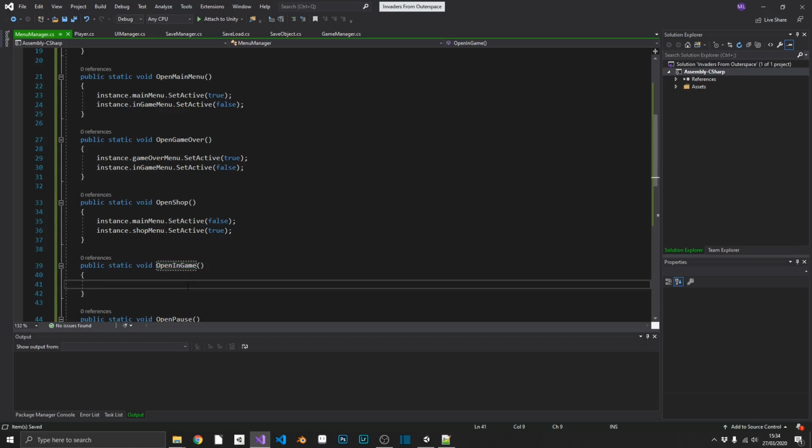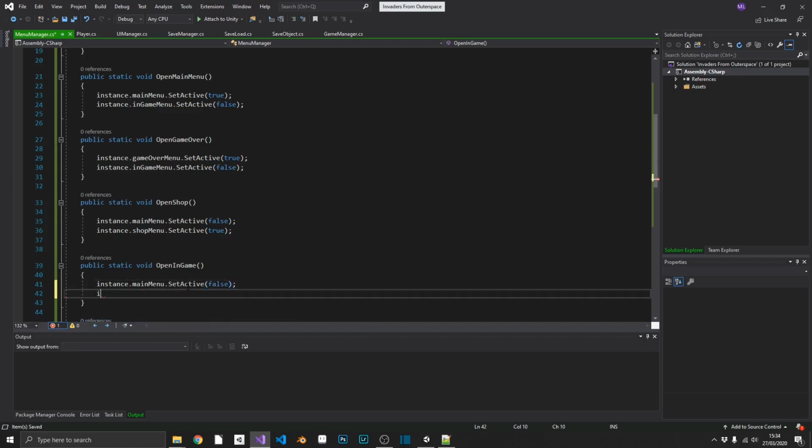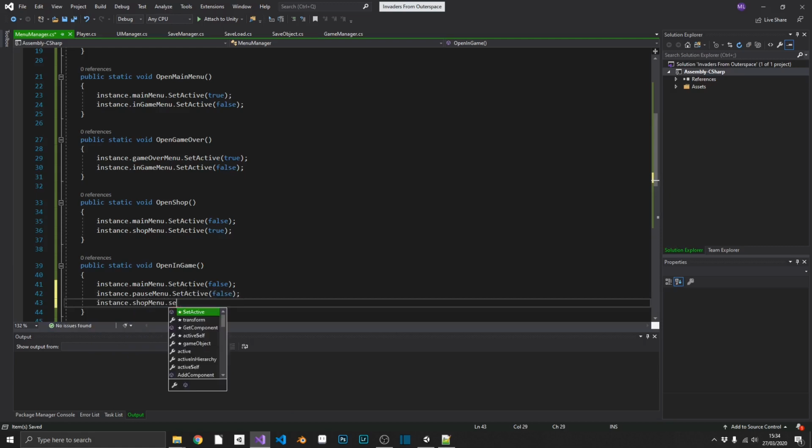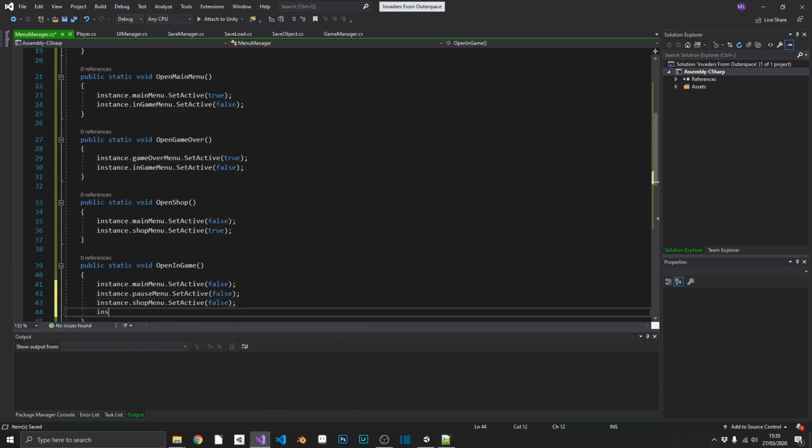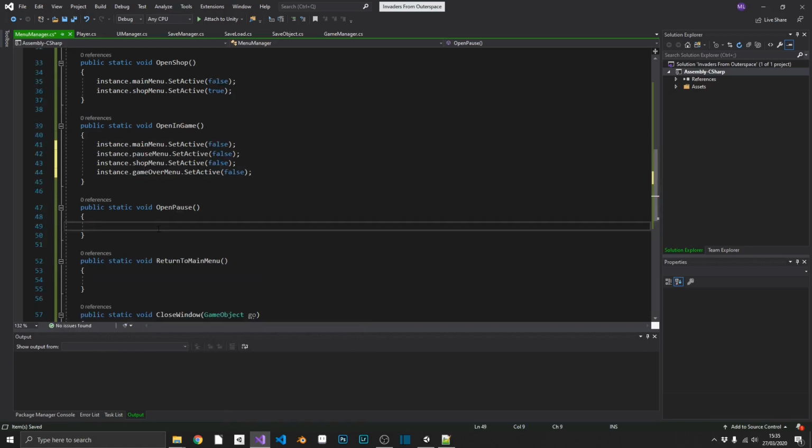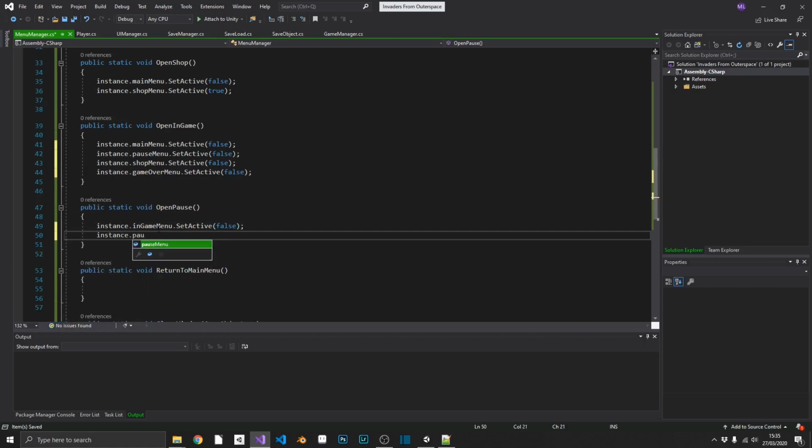And when we want to actually show our in-game menu, we want to make sure that everything else is closed off. So instance dot main menu we'll set to false, instance dot pause menu we'll set to false as well, just in case. Instance dot shop menu we'll set to false, and instance dot game over set to false. For our pause, we have instance dot in game, we'll set that to false, and then instance dot pause menu